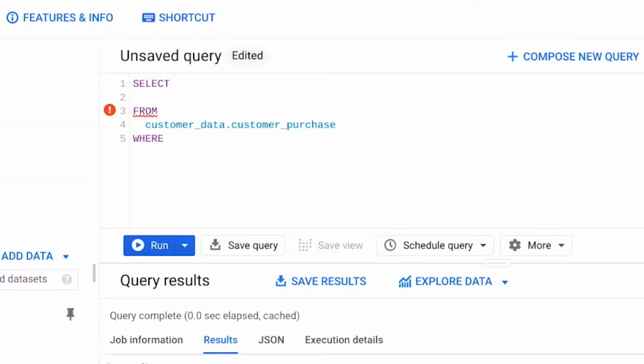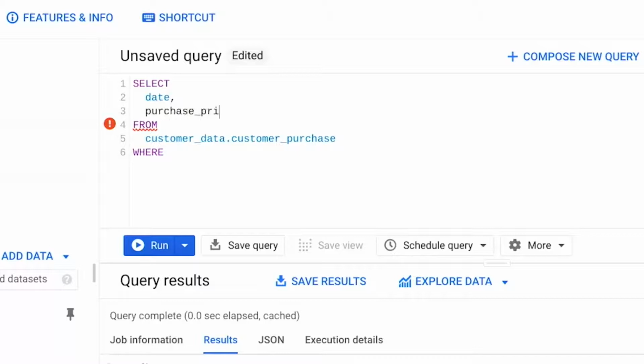Since we want date and purchase_price, we add them into the SELECT statement. Finally, we want SQL to filter for purchases that occurred in December only. So we type date BETWEEN 2020-12-01 and 2020-12-31 in the WHERE clause.